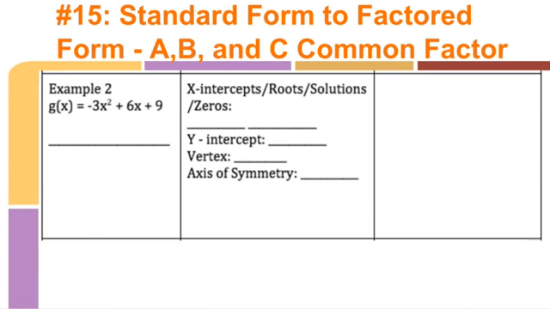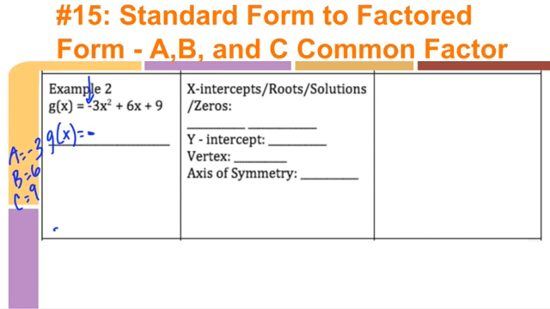Here's the second example. Second example, a is equal to negative 3, b is equal to 6, c is equal to 9, because it's negative 3x squared plus 6x plus 9. Okay, so I want to think if all of these have a common factor. You can just think about this in your head, but again, if you want to lay this out, I would recommend that whenever a is negative, that you do factor out a negative